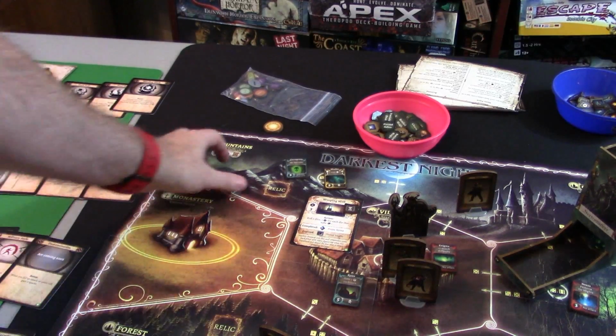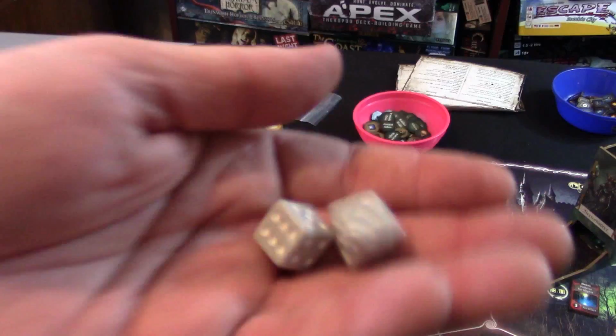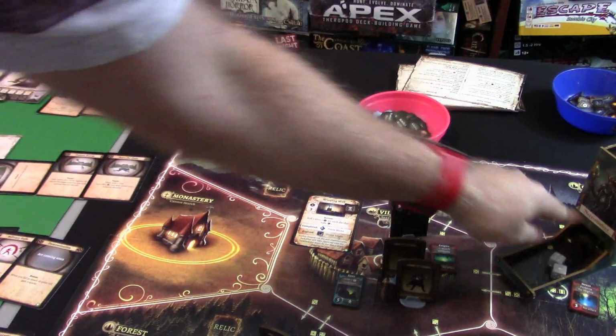So he's going to try and evade again. He's going to try it again. I'm going to use 2 different dice. That was terrible. I think these dice sucked for me before. I should get some different ones. Let's see what he rolls. A 6. So he succeeded, but